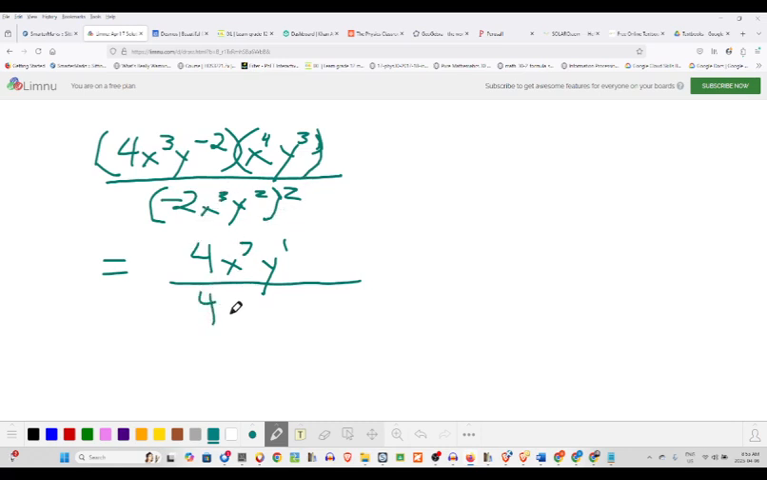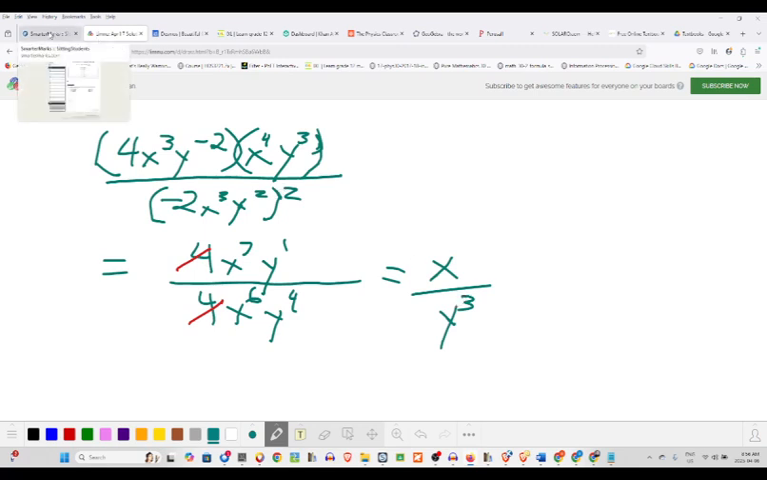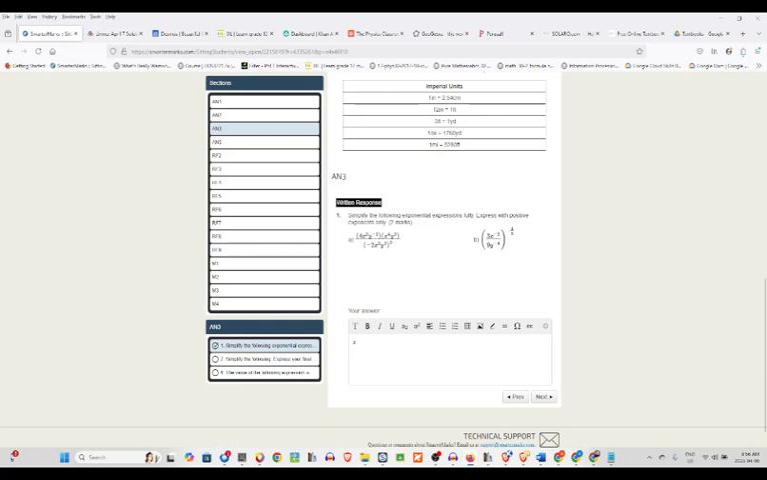X cubed squared is x to the 6th. Y squared squared is y to the 4th. All right. So our constant, we can explicitly show cancellation, so we do not have a constant there. Our x's, 7 minus 6 is 1. And then we have a 1 over 4. That's in a y to the negative 3, or y cubed in our denominator. So A should be